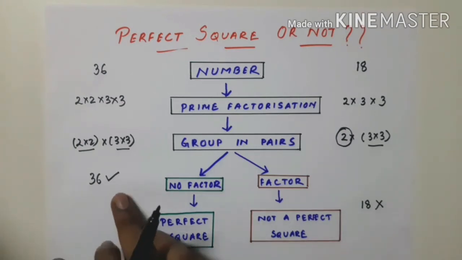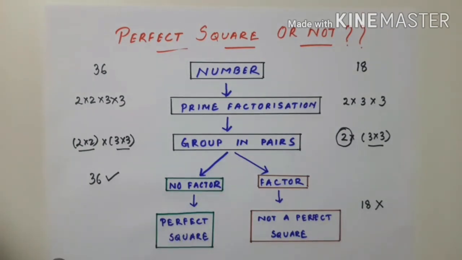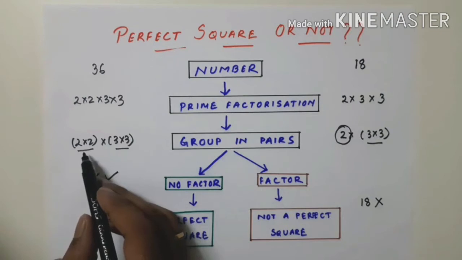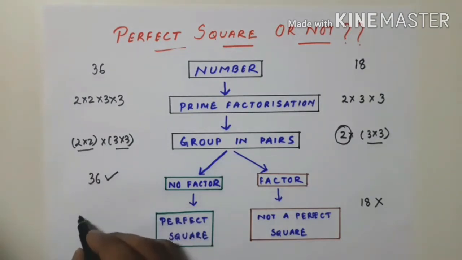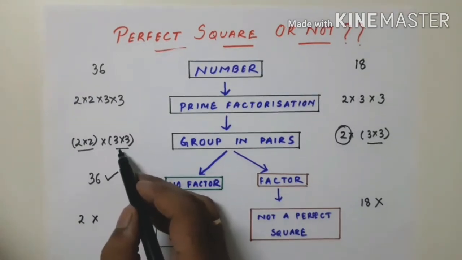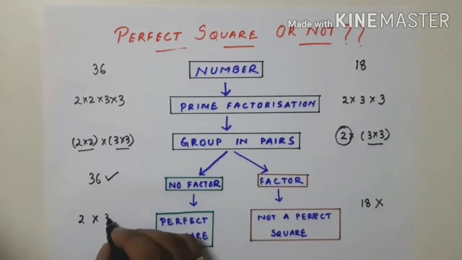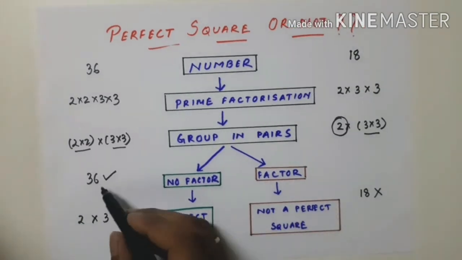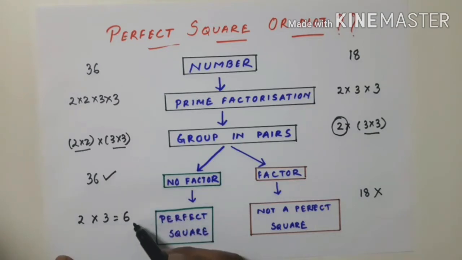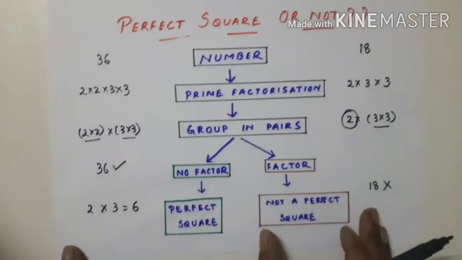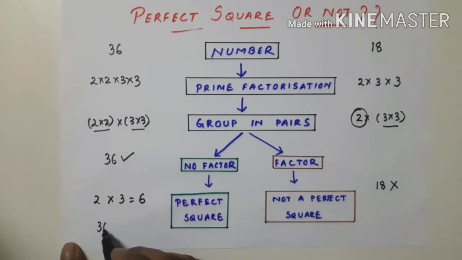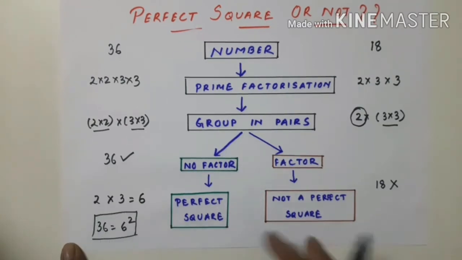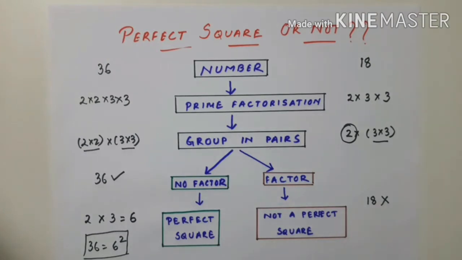Now to find out whose square is 36, what you have to do is, from each pair we will take out one number. So this is one pair, a pair of 2s, so we can take one 2 here, and from 3 into 3 we take one 3. So from each group we take one, and we get 2 into 3, 6. So here we can say that 36 is the square of 6. 36 is the square of 6. So we can write 36 as 6 squared. So this is the way we can know whether a given number is a perfect square or not.